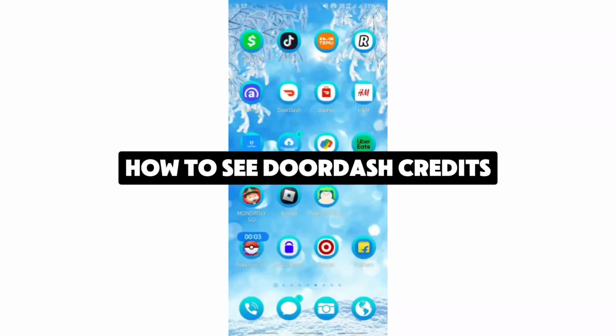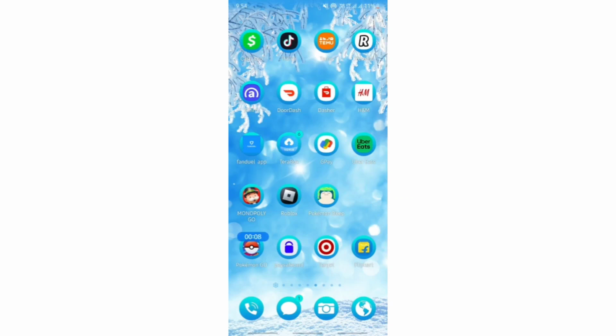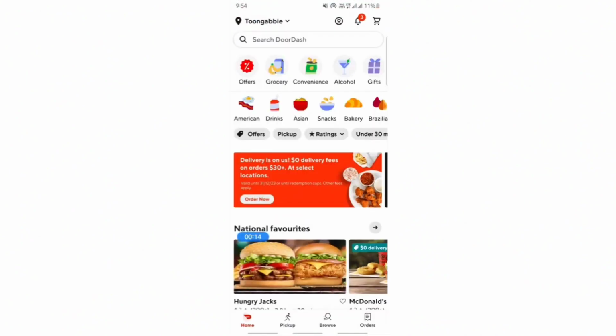In this video, I'll show you how to see Doordash credits. To get started, go ahead and open the Doordash app on your device. Make sure that you have the app installed on your device and that you're signed in to your account on